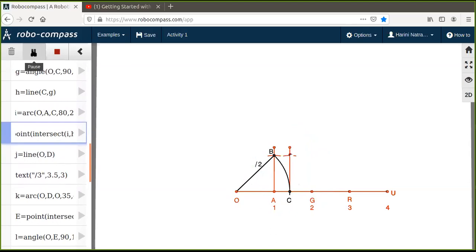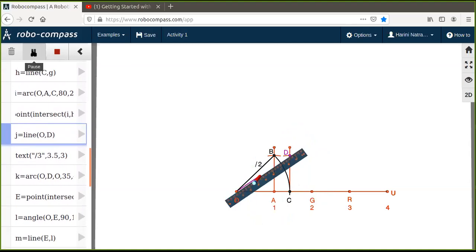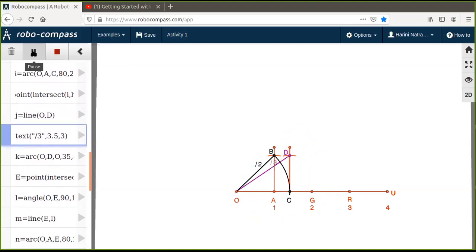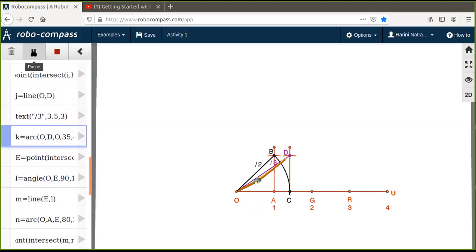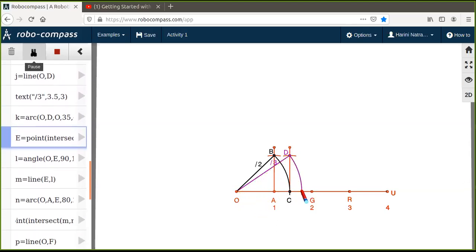So the second right triangle is going to give me the hypotenuse OD, which represents root 3. Now that's exactly why I've done it in a different color, so that you see it is a different line in a second right triangle. So now continue, bring it down. Wherever it is going to intersect the number line, that will be your point E representing root 3.